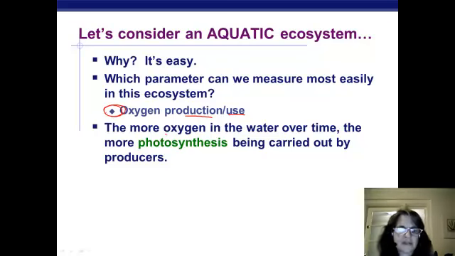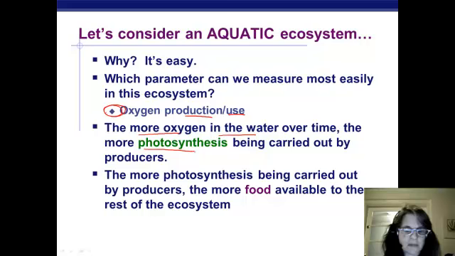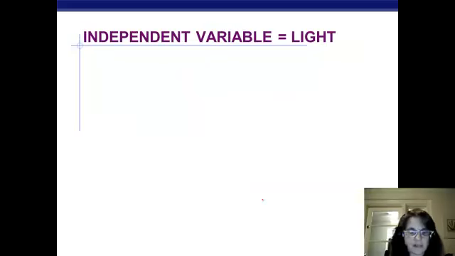So let's think about this. The more oxygen in water over a period of time, we can conclude that there's more photosynthesis being carried out by the producers. If the oxygen's going up, then somebody's putting it there. It must be the producers, okay? That directly translates for us in, well, if there's more oxygen, there must also be more food available. And so this must be a reasonably productive, independent